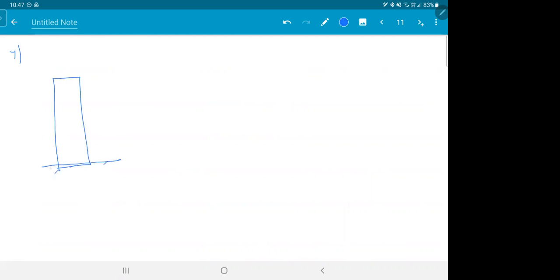We have a building. A particle is dropped from rest. It covers 16h by 25 in the last 1 second. Find h. In the class, we did 9h by 25 in the last 1 second. I just changed the numbers. Now we change it to 16h by 25. Find the height of the building.